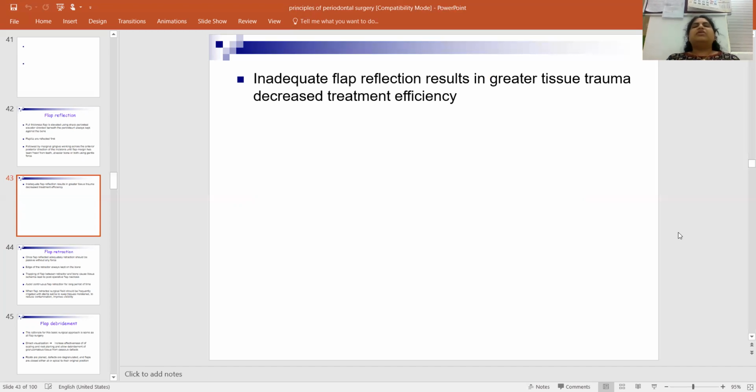So what happens if the flap is inadequately reflected? It results in greater tissue trauma and decreased treatment efficiency. So you are going to decrease the treatment efficiency if you do not reflect it properly. And what is the aim of the flap is